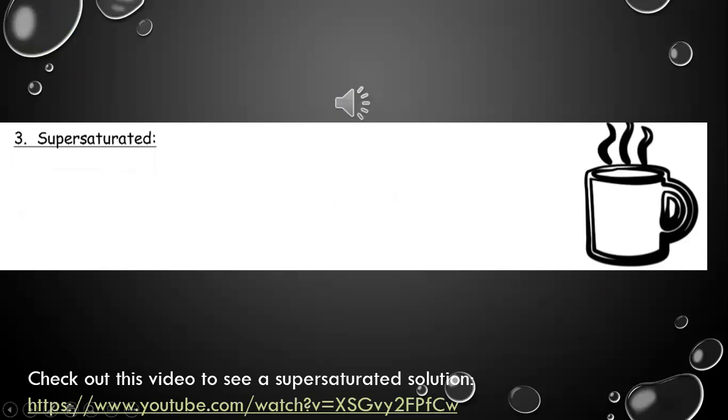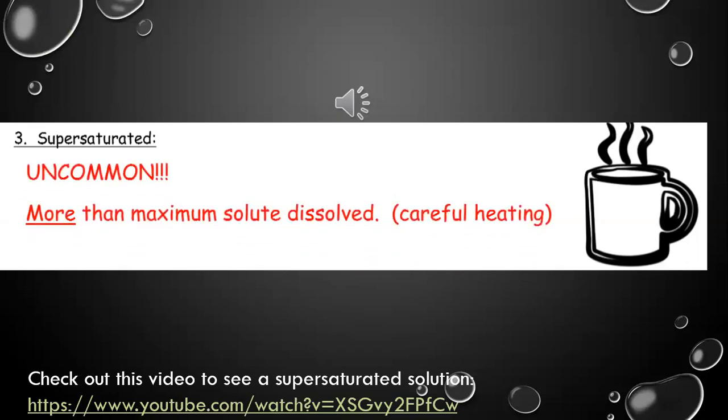Sometimes I hate to even mention this third vocabulary term because students think that anything that's saturated, as soon as you get more stuff in it, becomes supersaturated. This really isn't the case. What you have to realize here is that for a solution to be supersaturated, it's a kind of complex process. It's uncommon, in other words. What we have to do is heat a substance up, get a whole lot of solute to dissolve in it, and then cool it carefully without any disturbances. When that happens, if the solute stays in solution, we'll have a very unstable situation where we have more than